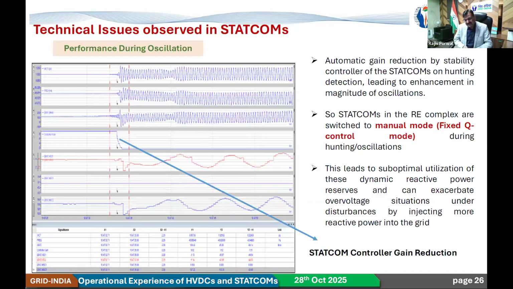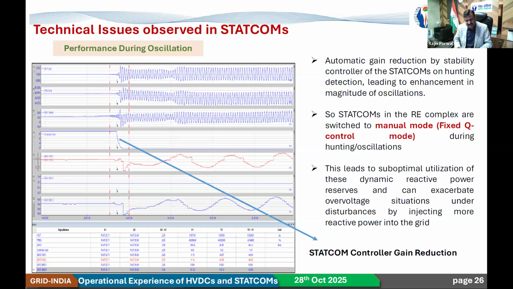Second, whenever there are oscillations of a certain frequency, say 4 hertz oscillations in the system, these STATCOMs automatically reduce their gain. So they are basically enhancing the oscillations because of this lower gain.